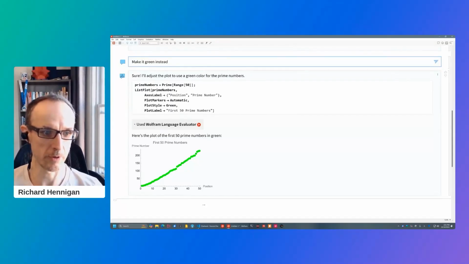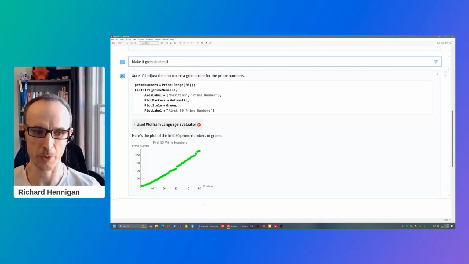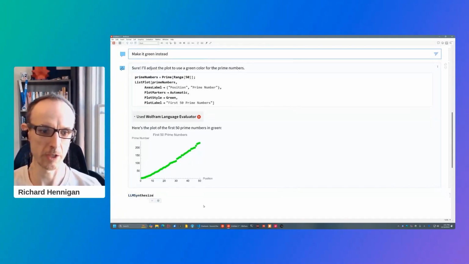Okay, so I'm not going to go into too much detail about LLM Kit, because I'm not the best person to answer questions about that whole product, but that's coming. It will also let you use things like LLM synthesize without having to go deal with API keys and all that. It's all hooked up to the same underlying technology. Okay, so